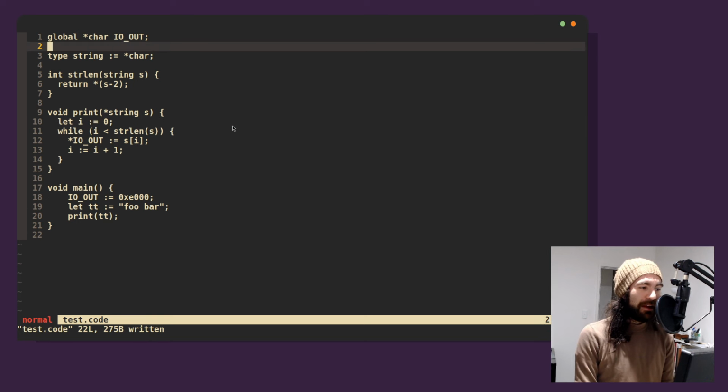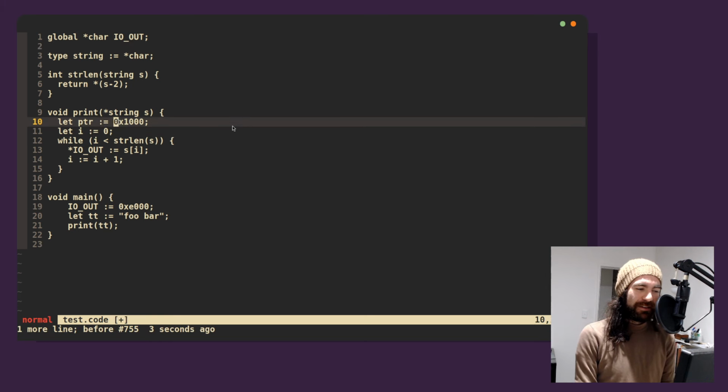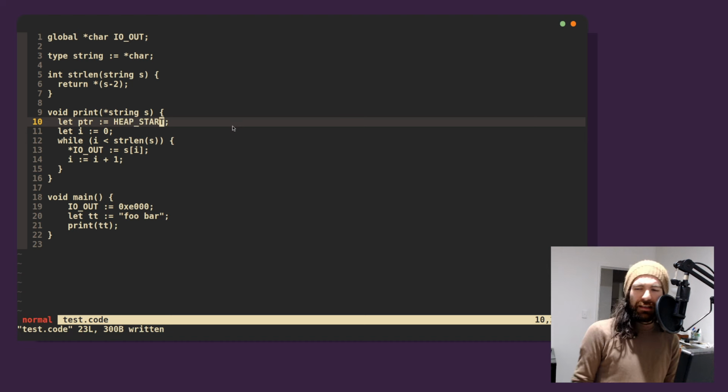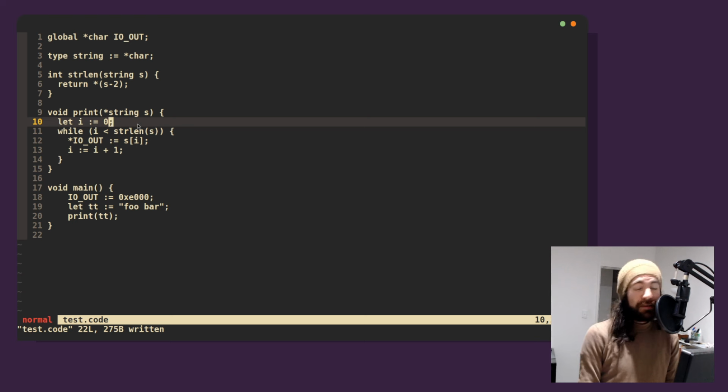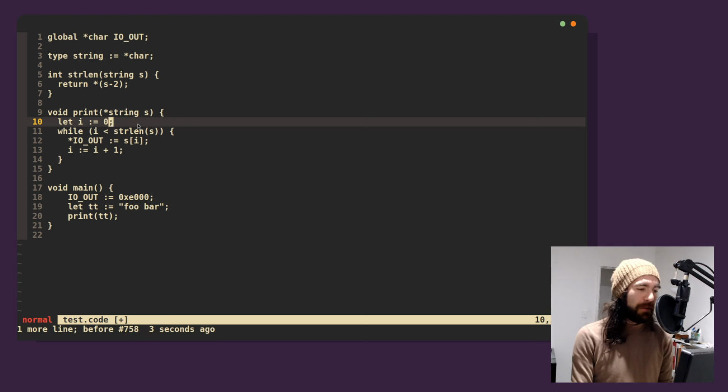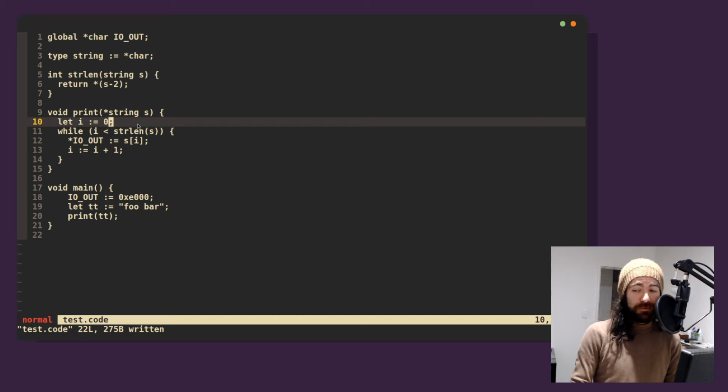But at some point, I think I will probably add some kind of constant, so I can say heap start. And then we can like malloc and stuff within our program's allocated heap. Maybe there'll be some kind of system call for mapping additional memory into the virtual machine. That might be overkill for such a simple machine, but basically I want to remove guesswork.